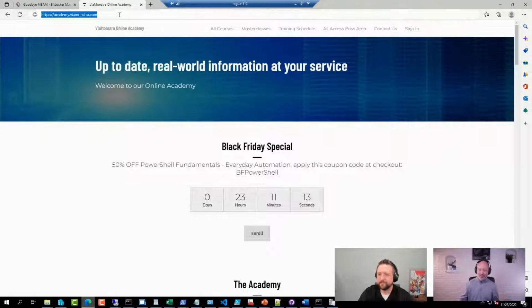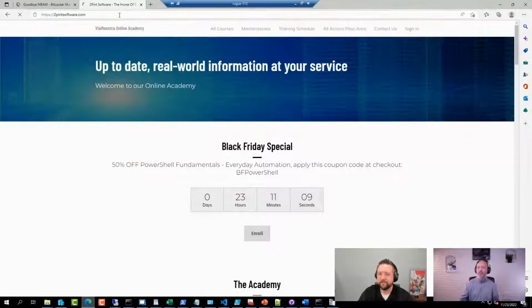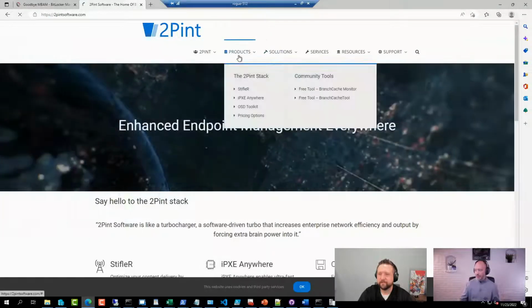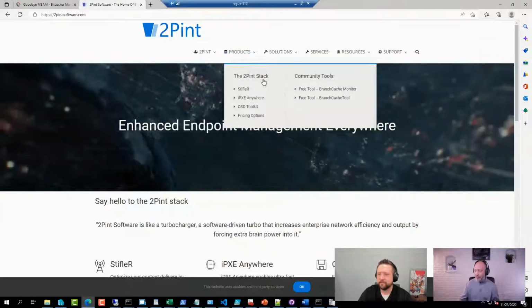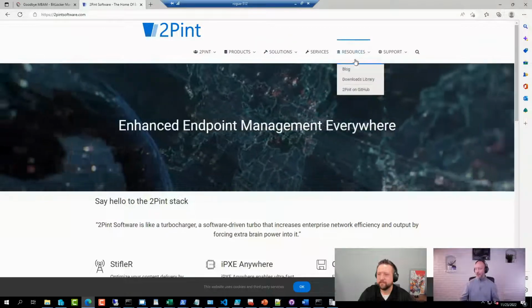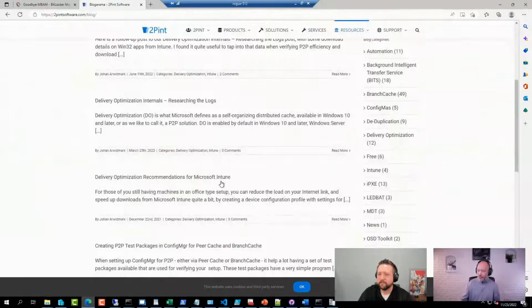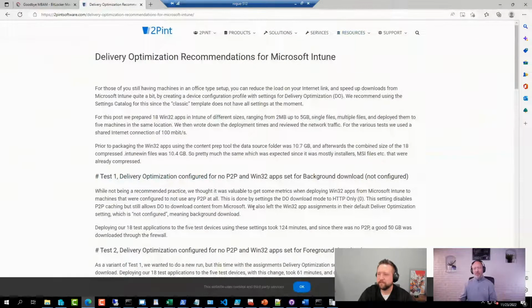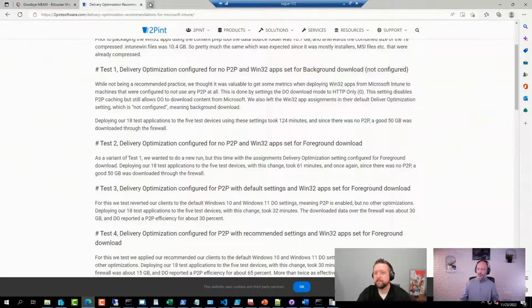But back to the question at hand. So our friends over here, this is where I have my part-time work these days. Blog here. We put together some recommendations for Intune in terms of DO settings, and these are production settings that we recommend putting in place. So if I go to an Intune tenant,